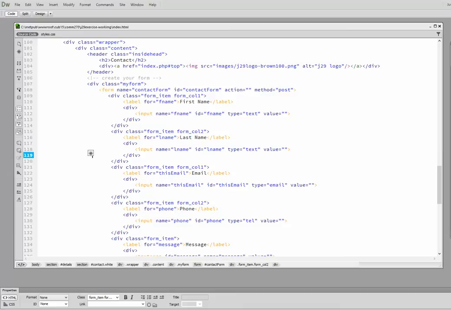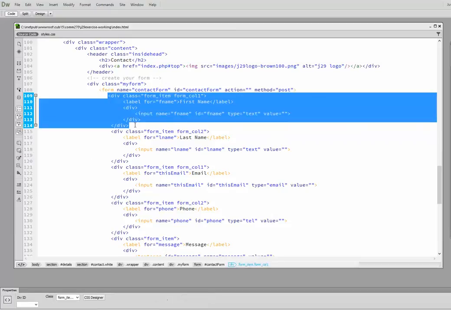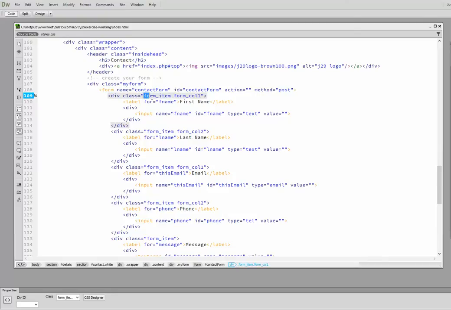So we're going to look real quick at the HTML, which is always the place that you need to start before styling something. You need to know what you're styling. So we have the form, and think back to when we did the HTML. We took and put all of the items inside their own divs. So we have a div class called form item that each item in the form has. We have form column 1 and form column 2 for the parts of the form that we want to have